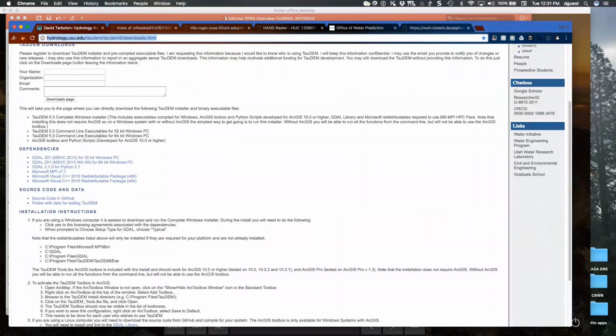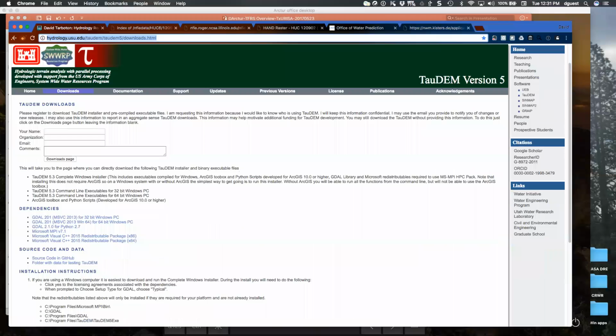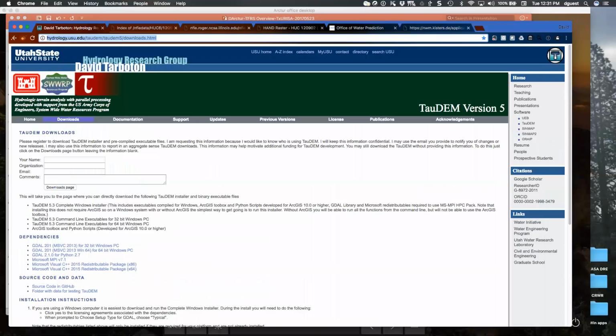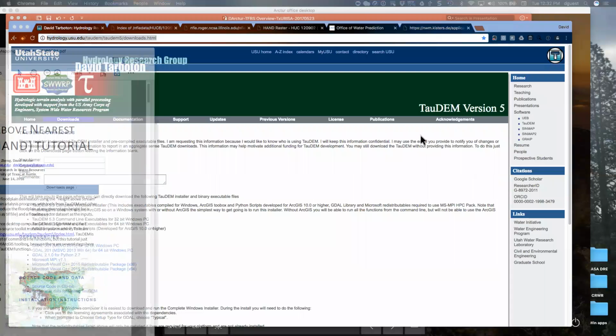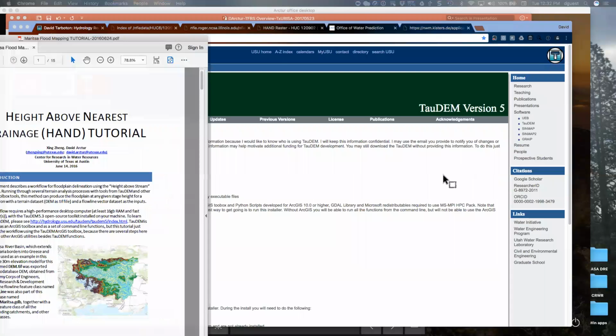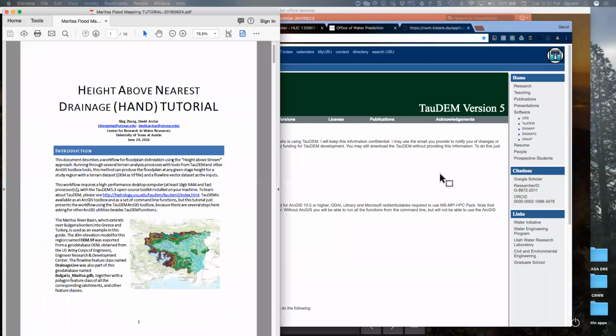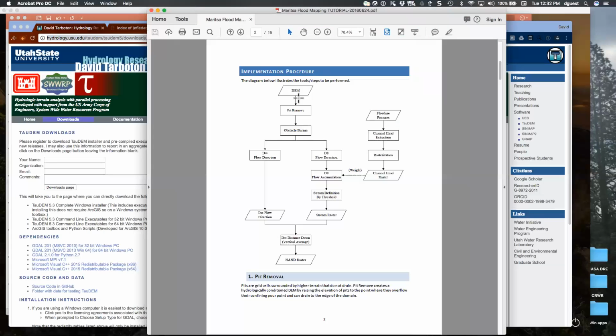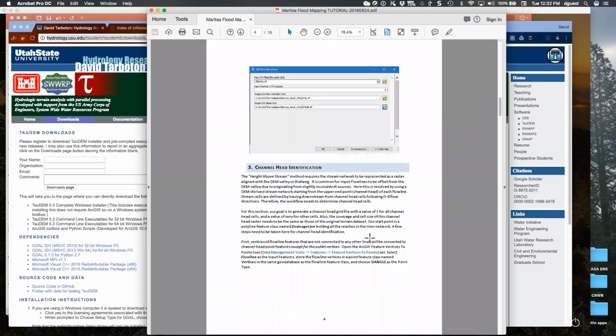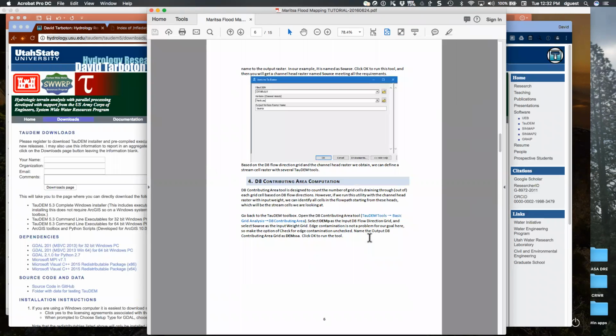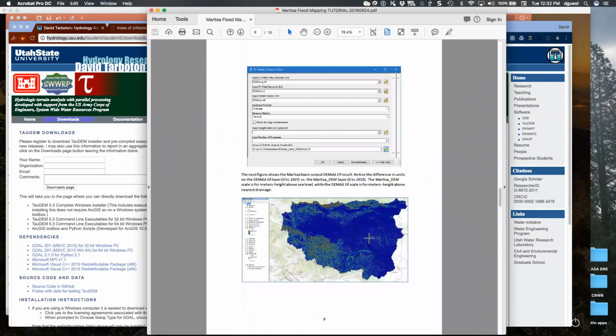And then there's a set of instructions which are not there, but I've put together a bit of a tutorial, and this is a workflow that uses only a very small portion of the whole TALDEM library. You can work through this and do the steps that are involved in generating the hand,